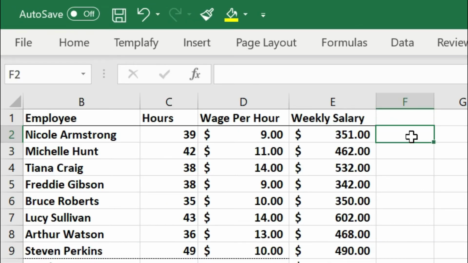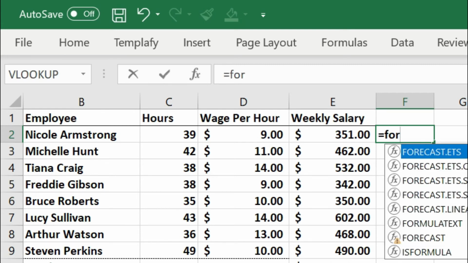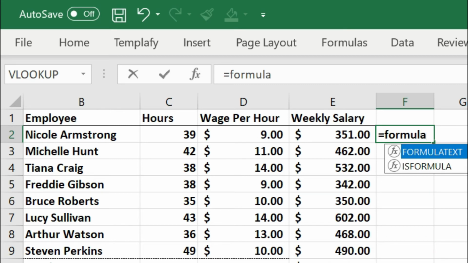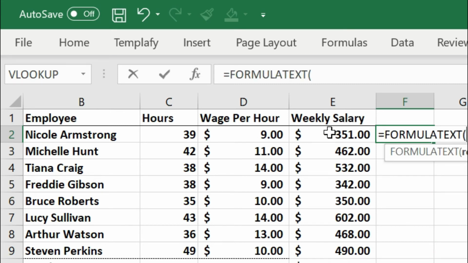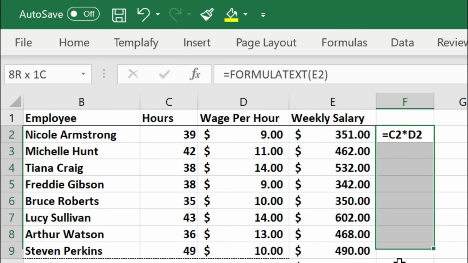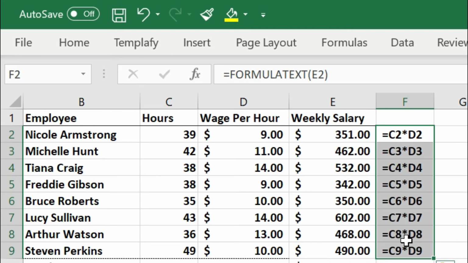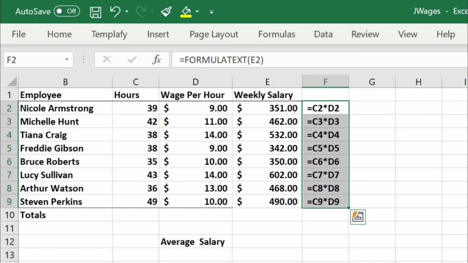For example, I'll paste the formula through the formula text function from the cell E2, right? So I'll put the formula text function here, formula text, and I'll refer to cell E2, click on E2 and press enter. Then I'll select it and press Control D. Yeah, and I have just duplicated the function from this cell to the rest of the cells. Okay, fine.